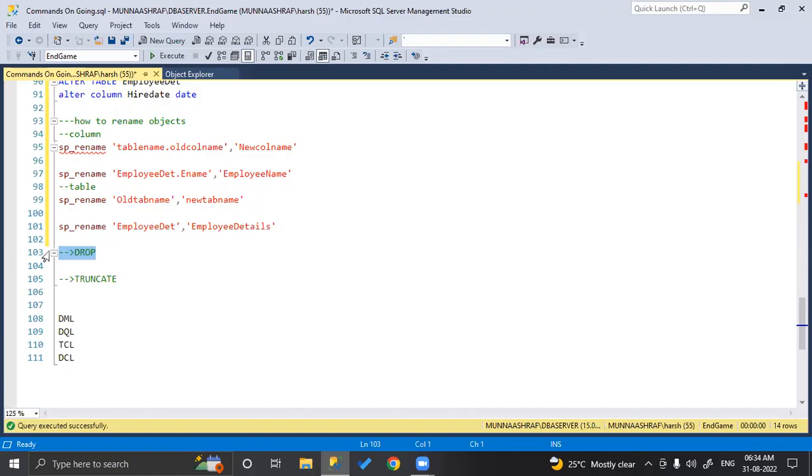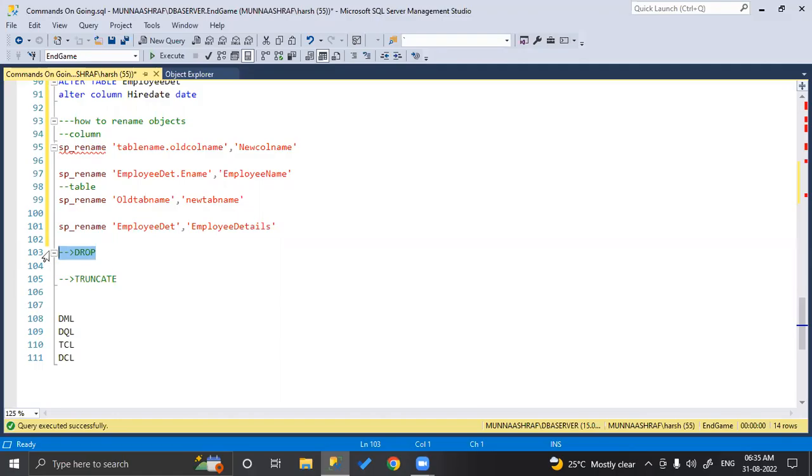Okay, now write down the next point. As of now, I'll discuss only table level. In future, whenever the concept comes, at that time I'll explain you that particular object. As of now, just think about the tables only. Understand the point? So when we drop the table,